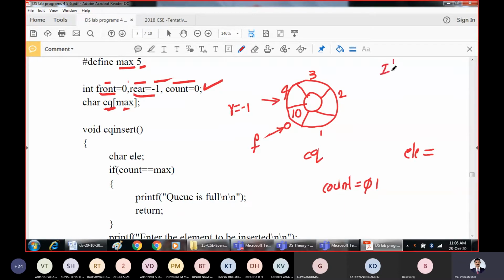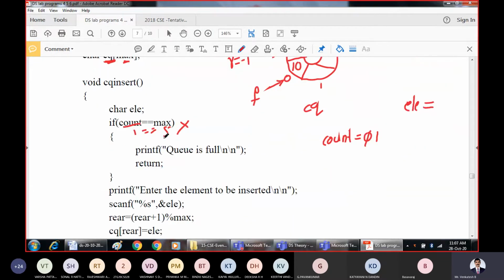Assume this is the input order you are giving: 10, 20, 30, 40 and 50. These are the elements you want to give into the circular queue. Now if you call the insert function once again, check this condition: what is count? Count is 1. Is it equal to 5? No. The condition is failing, so the queue full message will not get displayed.